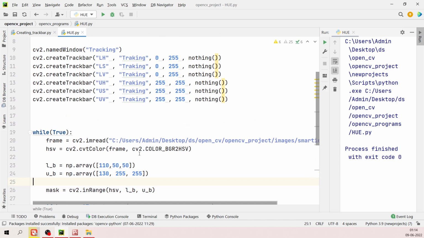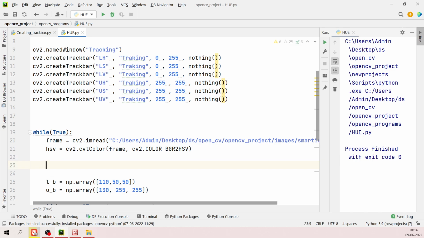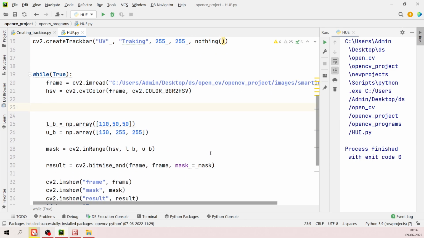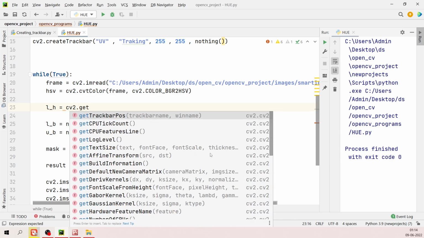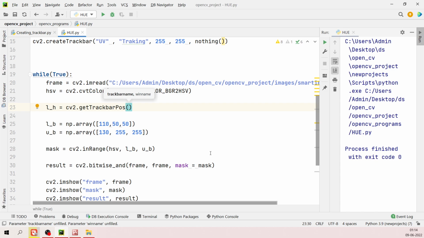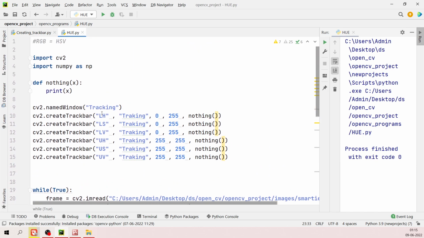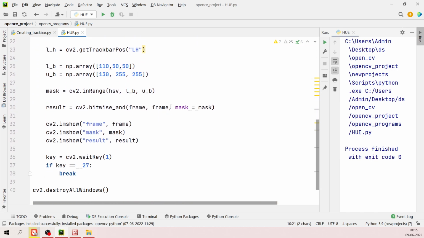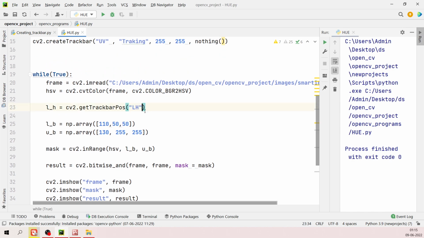Now, to get the values of all six from the top, let me say it as the lower H value. You can get the lower H value by using cv2.getTrackbarPos, and you will have to keep the same name which you kept at the top, that is LH, and the window name which we kept at the top. Just like this. Let me copy paste this code